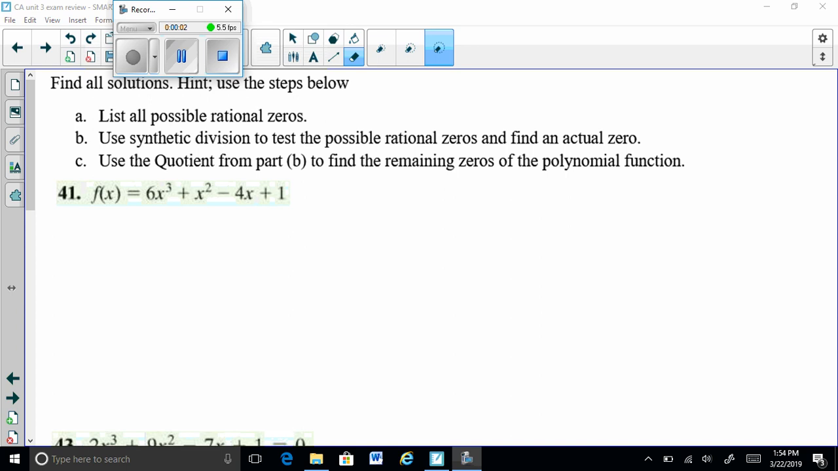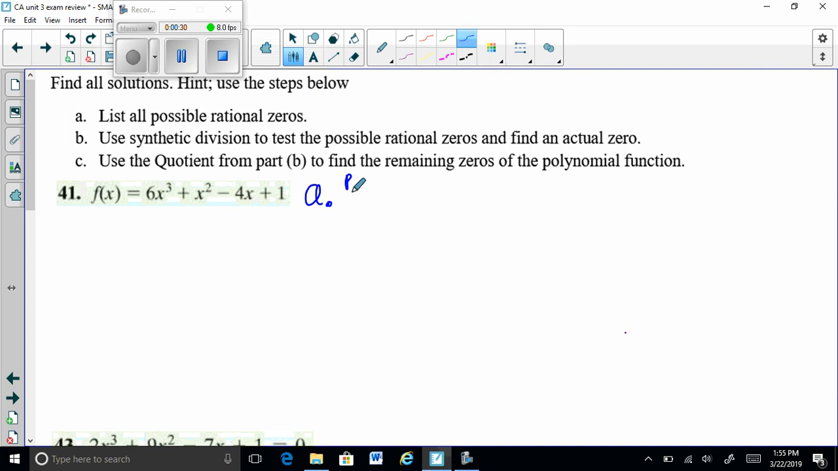All right, so on our last page, page 5, find all solutions, and follow the steps below. It's going to look just like this on the exam. I'll give you these directions basically on how to approach these. So we want to start by listing all the possible solutions. So on this first one,